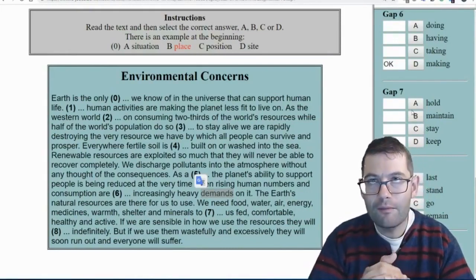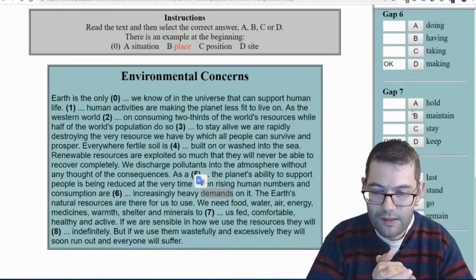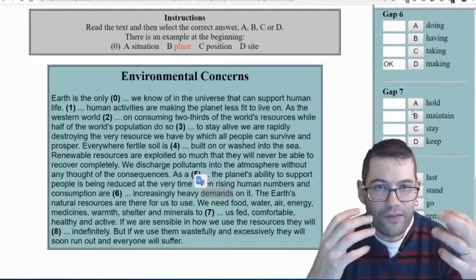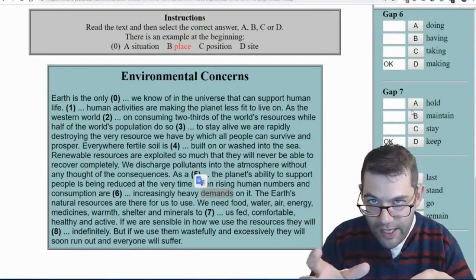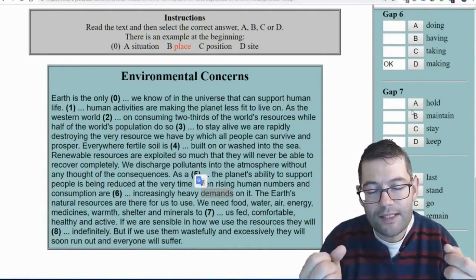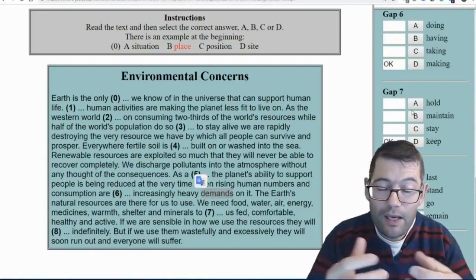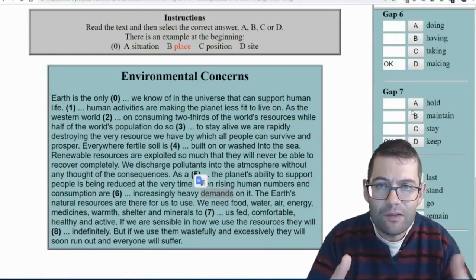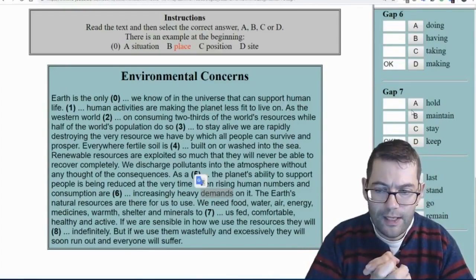We could make maintain work, but we would have to change the structure of the sentence to maintain levels of food, of comfort, of health and activity. We could change the text if we were writing this in a different way. We could change the structure to use maintain, because maintain is quite advanced vocabulary, but we would have to talk about maintaining levels of something, but we'll save that for a different video.